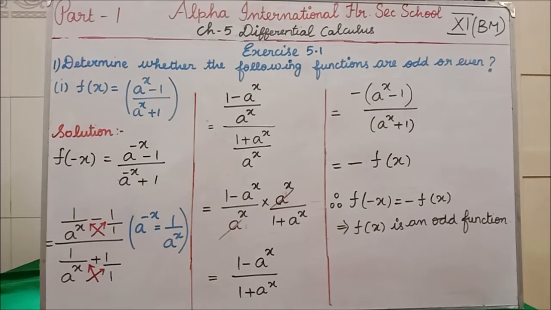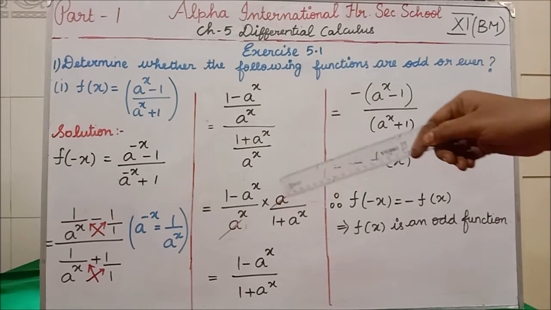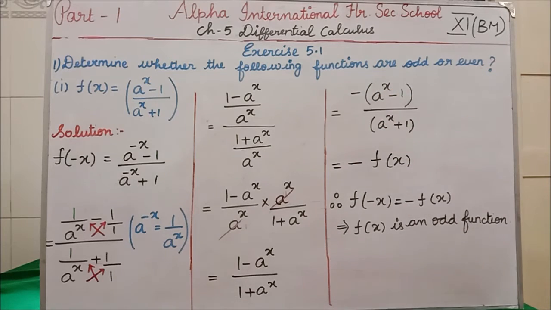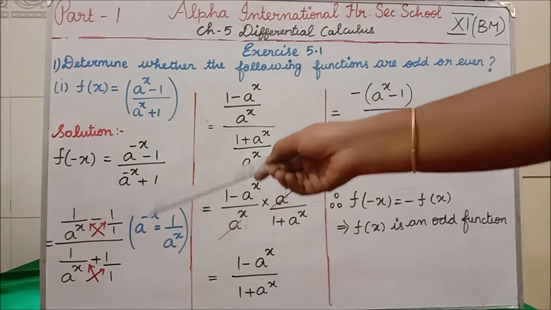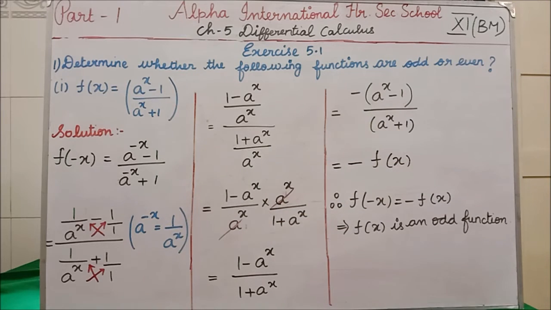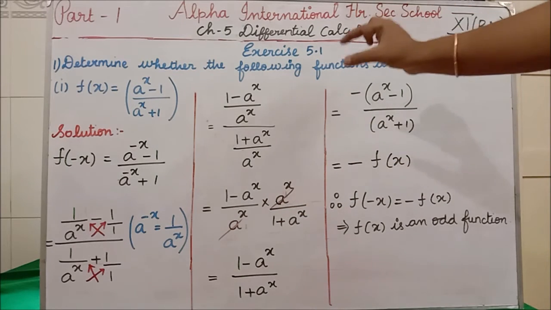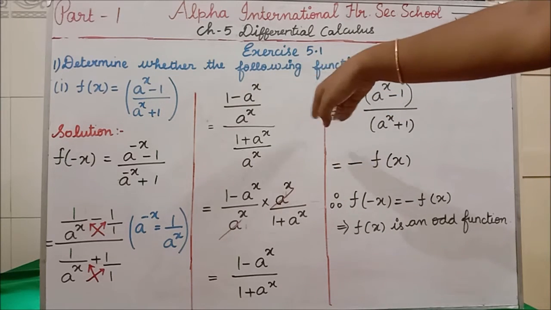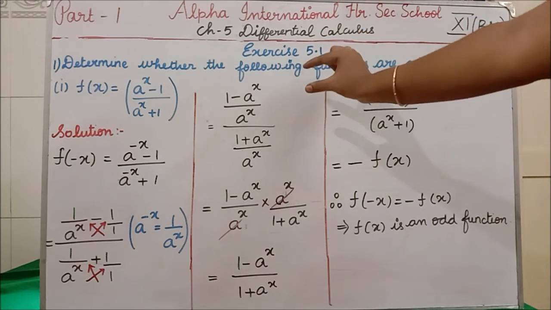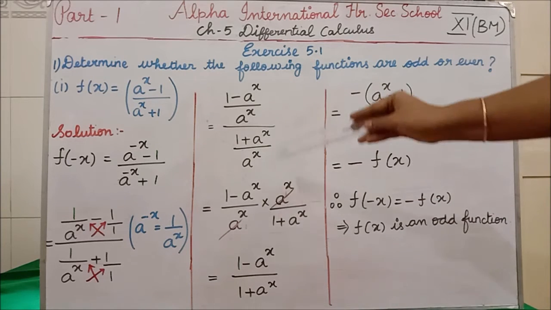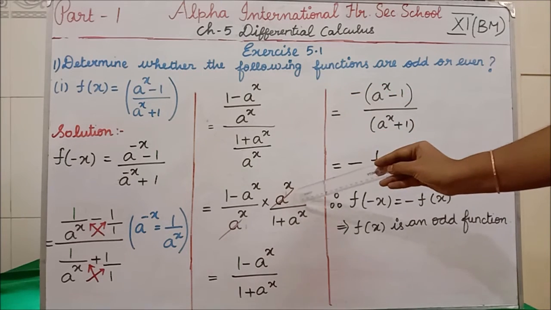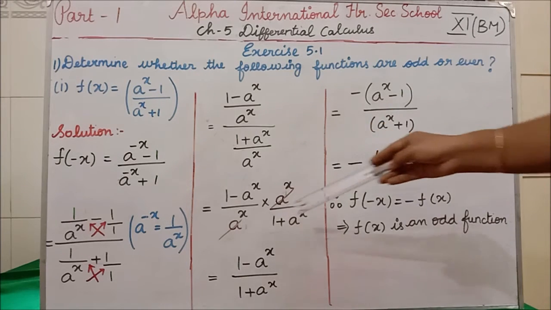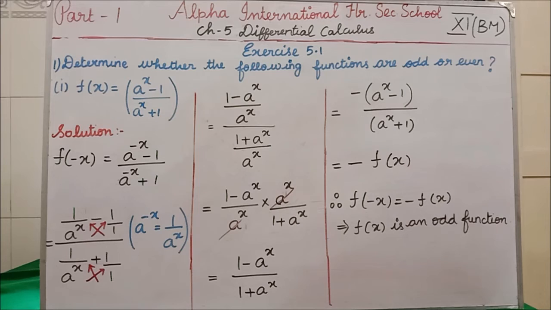See now, here we have denominator 1 into 1 is 1. A power x into 1 is a power x. See here, numerator has a division, denominator also has a division. So in the middle we have a whole division, which means this term you have to write here as such. This denominator part will become a reciprocal in the next step. So we can write a power x divided by 1 plus a power x.